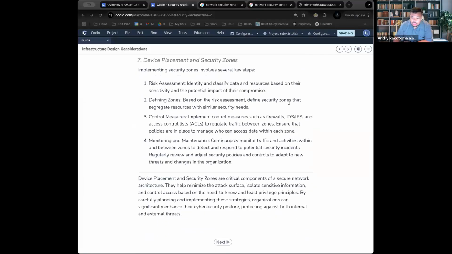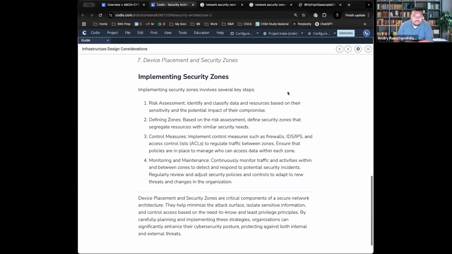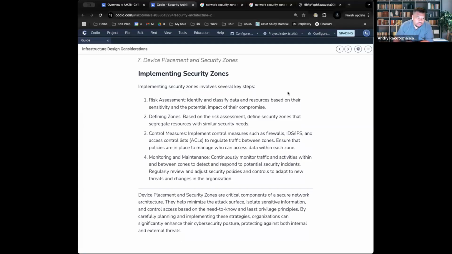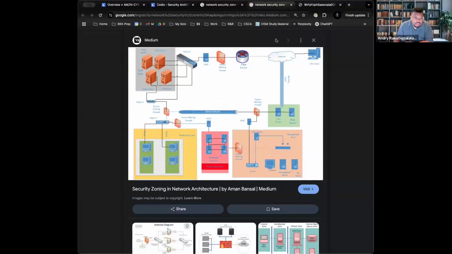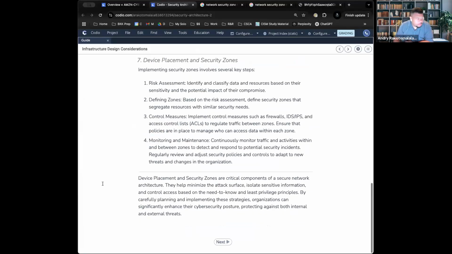All right. That being said, I think I've hammered that one home, so I won't go on about that too much further, but these are the implementations. You need to take steps. One of the first things you want to do is define the zones. And then once you define the zones, you want to make sure you set the right controls. So firewalls, access control lists, meaning who's allowed to access what. Those access control lists tend to live in the switch. So the switch knows who has access to what. And then you want to keep monitoring it. Okay.